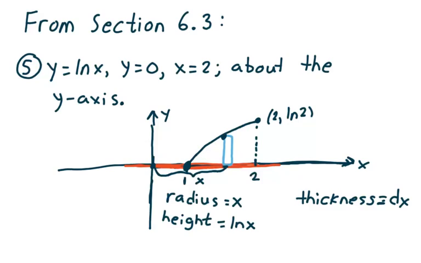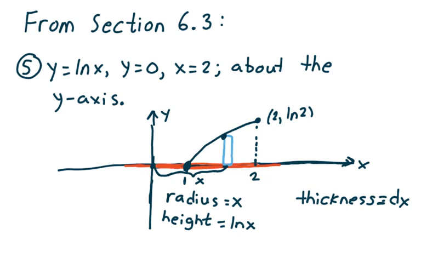This is a video from section 6.3. The directions say to use the method of cylindrical shells to find the volume generated by rotating the region bounded by the given curves about the y-axis. So in number 5, we have y equals natural log of x, y equals 0, and x equals 2. And we're going to rotate the region bounded by those given curves about the